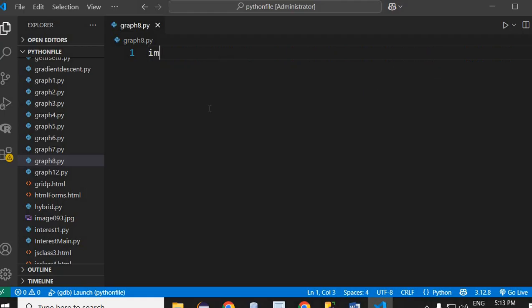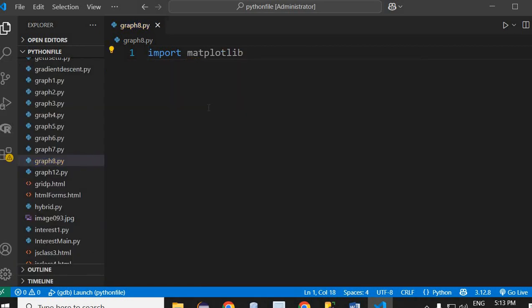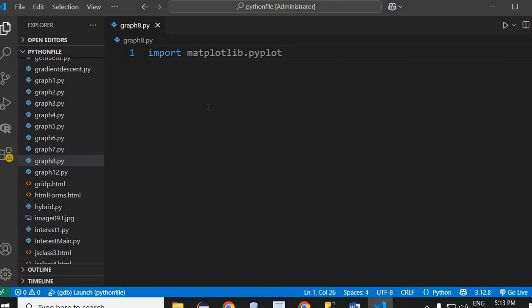Then what you will do, you will import this. Import matplotlib, and then here you will be using pyplot, and you will have to create an object of this reference, and that I will use as plt. And after this, once you have done, now my aim is to generate a graph using a Python library